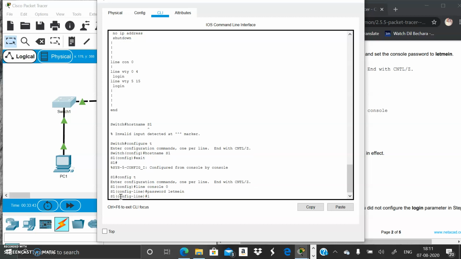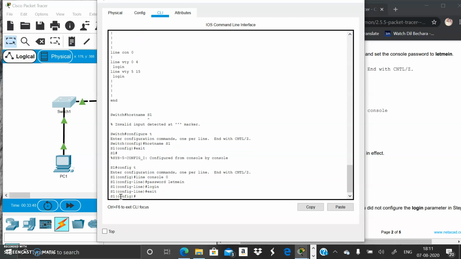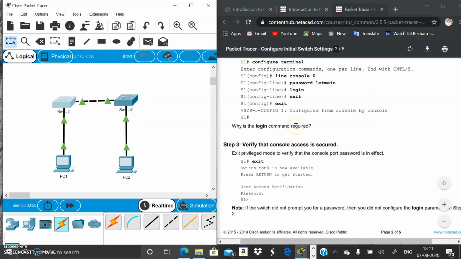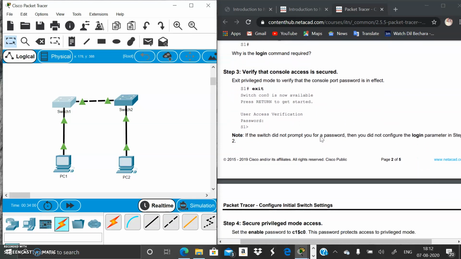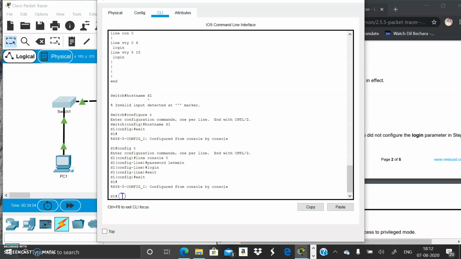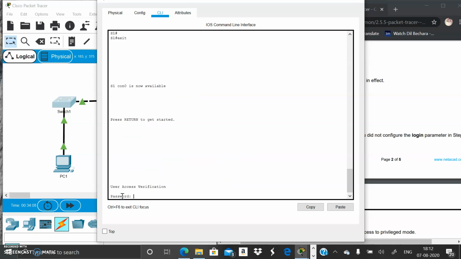Okay, and login, exit, again exit, enter. We have secured the line console, and then we have to verify that console access is secured or not. For that, we use show running-config. Exit again, enter, the password now.